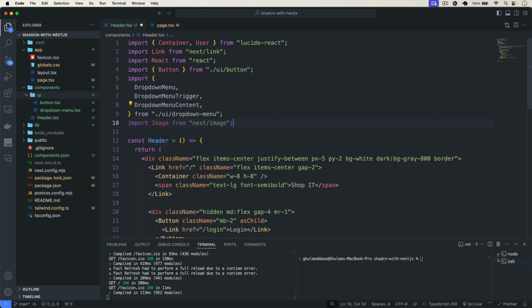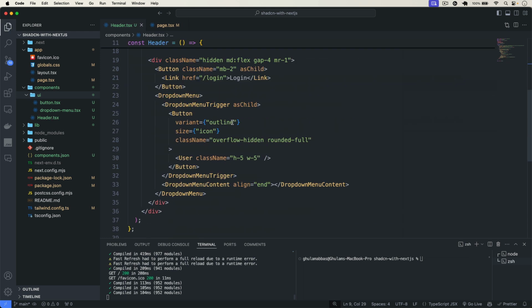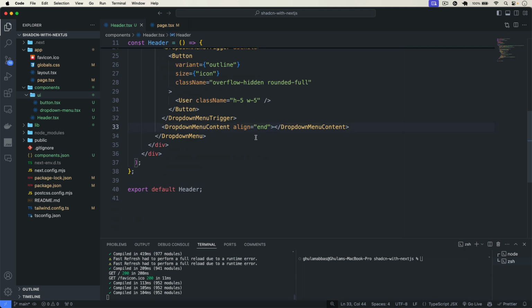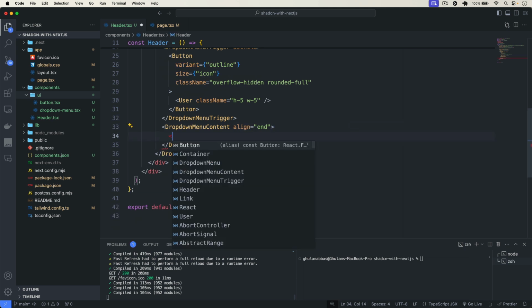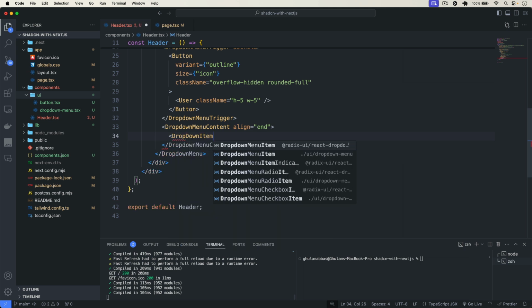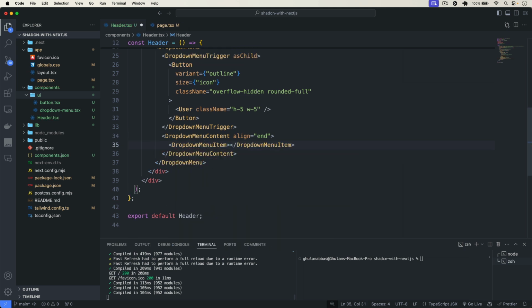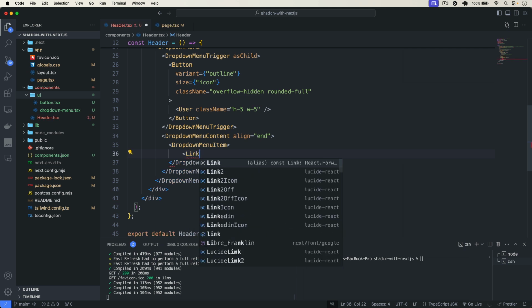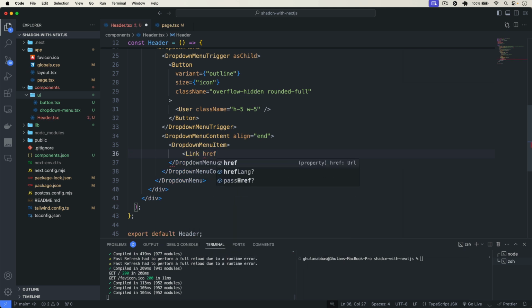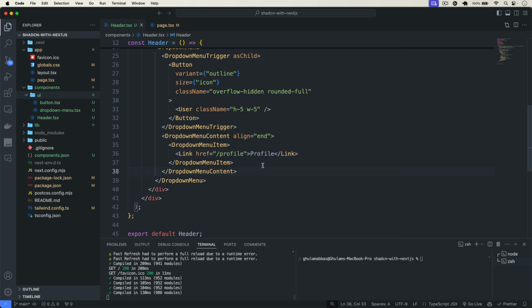Let's move this one and also remove this image. Okay, so we have to align that at the end, and then in that we can define our menu items. So drop down item, and in that we can define our link. That is going to be link href, for example, let's say profile. Okay, if I save it and go back, if I click on that, you can see that we have here